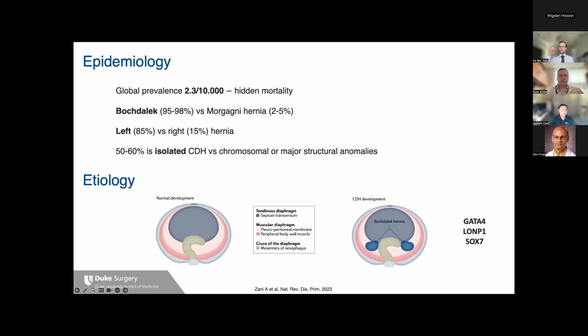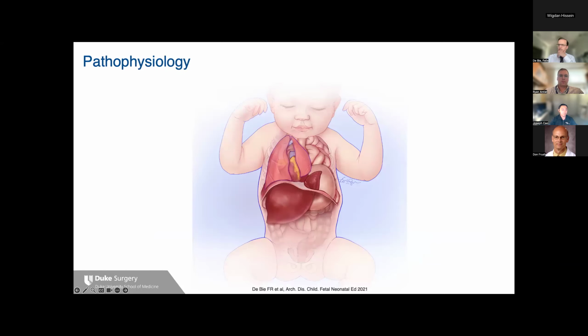In terms of etiology, it's thought to be a combination of genetic and environmental factors that contribute to it. Some of the genes that have been correlated with CDH are GATA4, LONP1, and SOX7, but they are also heavily involved in chromosomal and major structural anomalies. With CDH itself, you have a diaphragmatic defect that allows migration of the abdominal organs into the chest. As you can see on this picture, there's small bowel, there's stomach content, as well as the left liver herniated into the chest, where they compress the developing lung and heart,